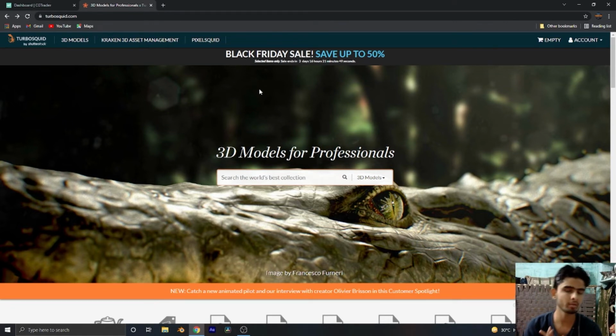If you don't have a $25 balance in your TurboSquid account, meaning you sell a model and earn more than $25, then you will get your money in your bank account. Otherwise, if your money is below $25, you will never get your money, and you will get it only when you reach the $25 limit. Okay, so there are different conditions for other countries, I think. So if you want to know more about it, you have to read the blogs, the comments and the community discussion from TurboSquid.